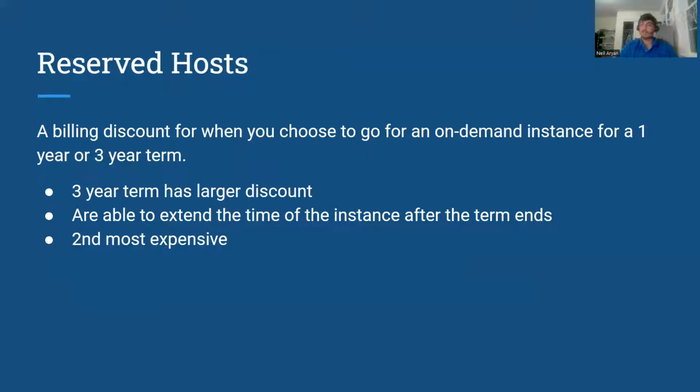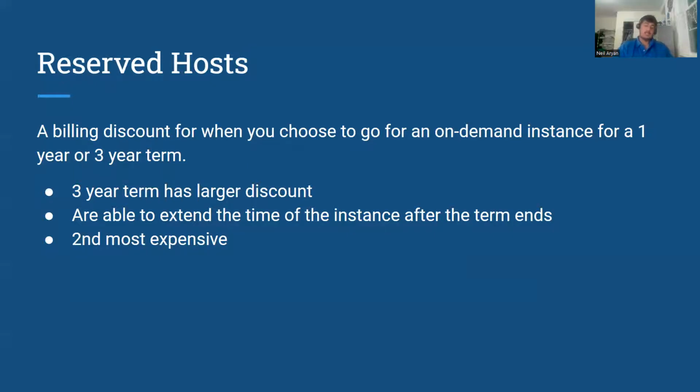For example, let's say I take a 1 year term and I realize that I want to use this for another 3 years. Then after the first year is over, nothing really changes. I just extend the contract to go for 3 years and it'll add 3 years onto it. And if your term expires until you pay for another reserved host, you'll be charged at the rate of the